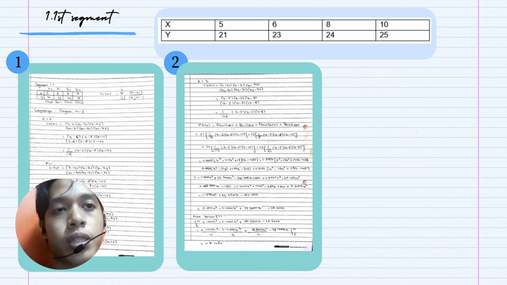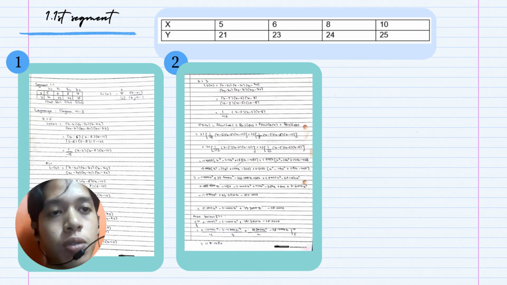In 1.1, 1.2, and 1.3, I use the Lagrange method. For the Lagrange method, we first need to get out the Lagrange equation. Then we substitute any value that we can from the table into the equation and expand it one by one. After we expand it, we add the same